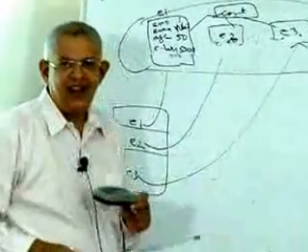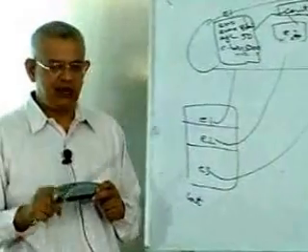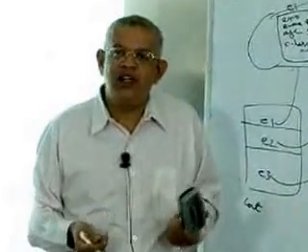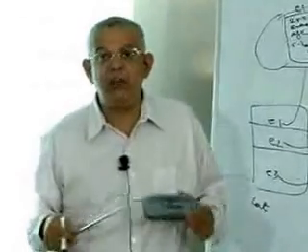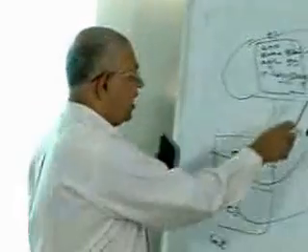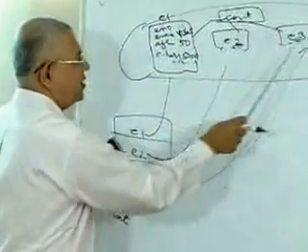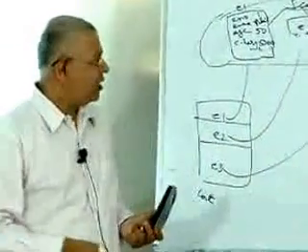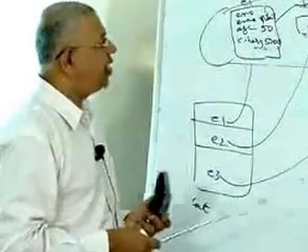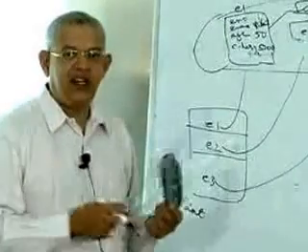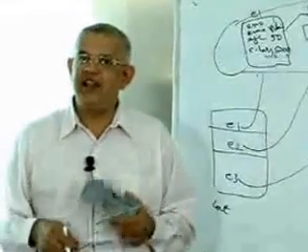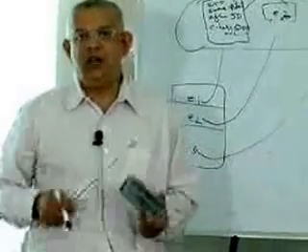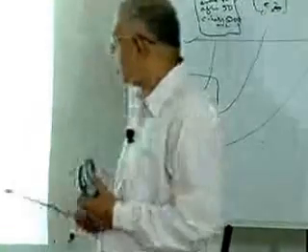Such variables are called static variables, or some people call them class variables, because they belong to the class. This count does not belong to this one, or this one, or this one. This belongs to the class as a whole. So because of that, we talk about count as a static variable. Another way of saying static variables is class level variables, and with that we get some additional benefits.